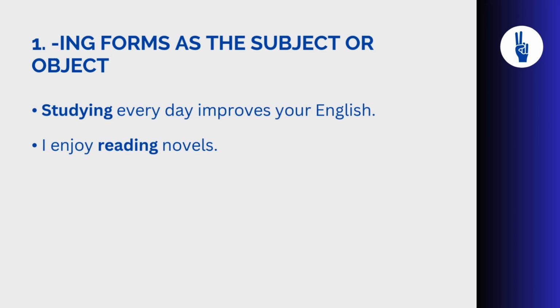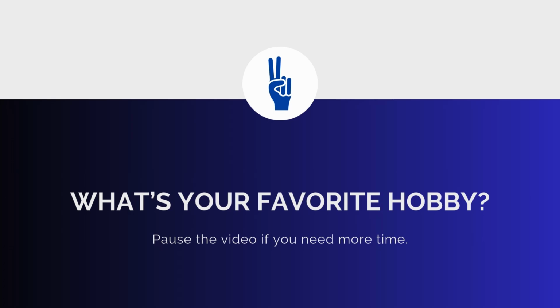Studying every day improves your English. I enjoy reading novels. In the first example, studying is used as a subject of the sentence, not the action. In the second sentence, it is the object or receiver of the action enjoy. What's your favorite hobby? Try making a sentence using an ing form as a subject or object and write it